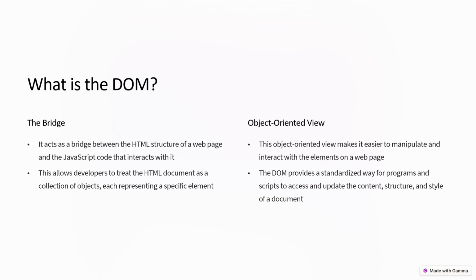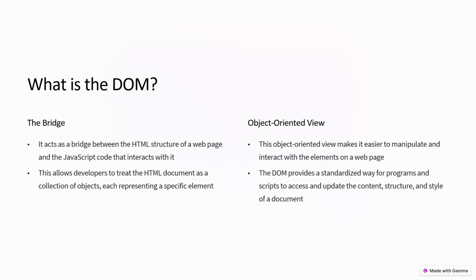So what is the DOM? The bridge or object-oriented view. It acts as a bridge between the HTML structure of a web page and the JavaScript code that interacts with it. This allows developers to treat the HTML document as a collection of objects, each representing a specific element. This object-oriented view makes it easier to manipulate and interact with the elements on a web page. The DOM provides a standardized way for programs and scripts to access and update the content, structure, and